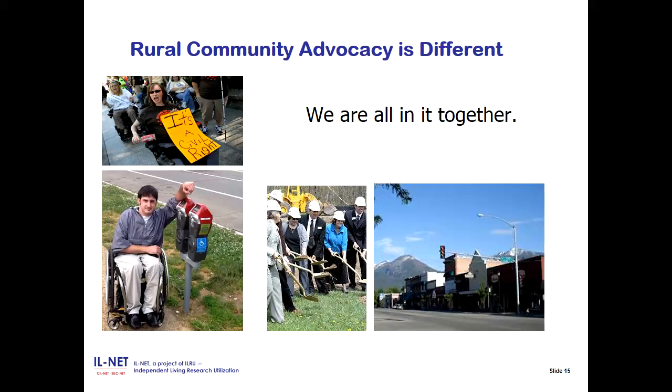This slide has several pictures of individuals in different situations. One protesting for civil rights, one group of people digging to work together, and a picture of a small area. In cities, advocacy means those with common interests working together to get others to do the right things. In small towns and rural areas, it means taking often responsibility to get things done for the community.